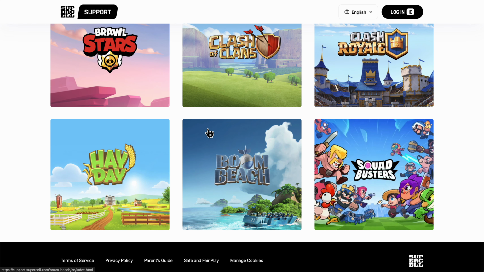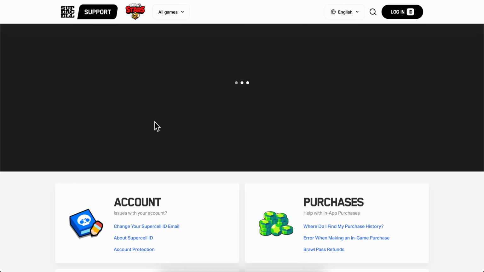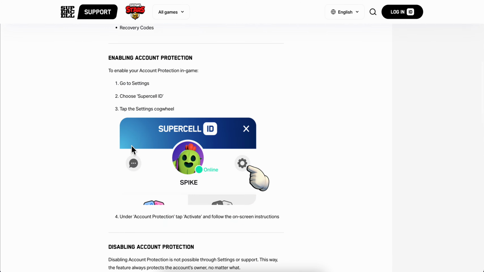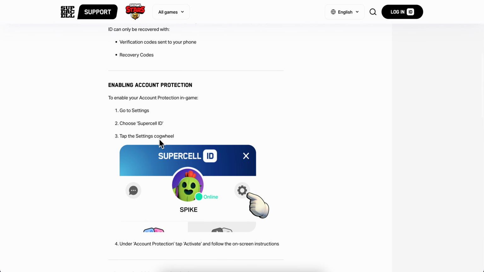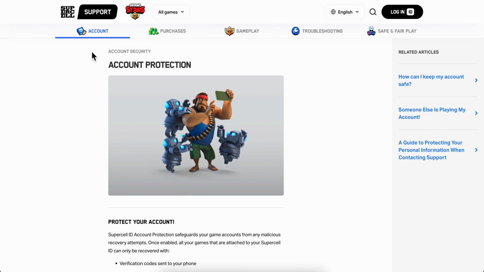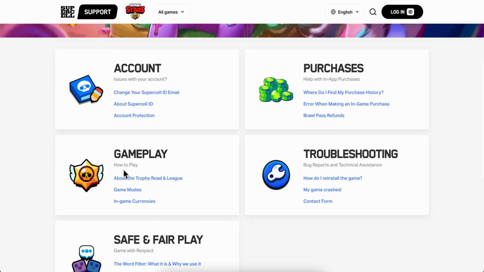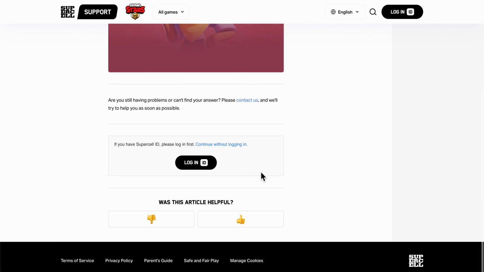Then what you're gonna have to do is simply scroll down and select Brawl Stars. And then here, as you can see, you're gonna have to simply click on account protection, and then scroll down here and look for the support button. So let me go back, and then you're gonna have to click on contact form, and then here you're gonna have to simply log in into your account,